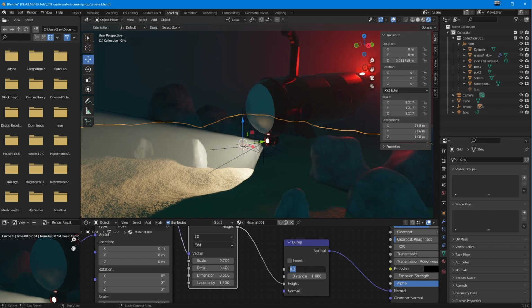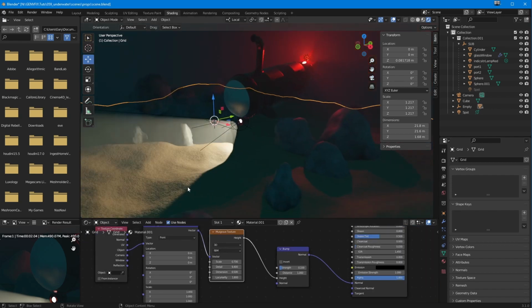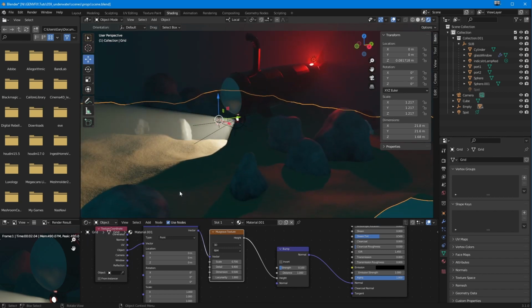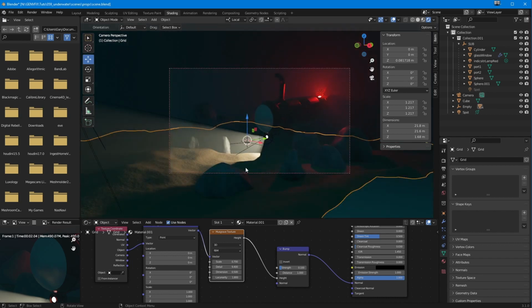Yep, and then let's just bring down the height just a teeny tiny bit. There you go. So that feels a bit more, really. I mean, a bit more is just great. I love it a bit more. So that's nice. And then if we are to render a frame of that, we'll obviously get what we're seeing